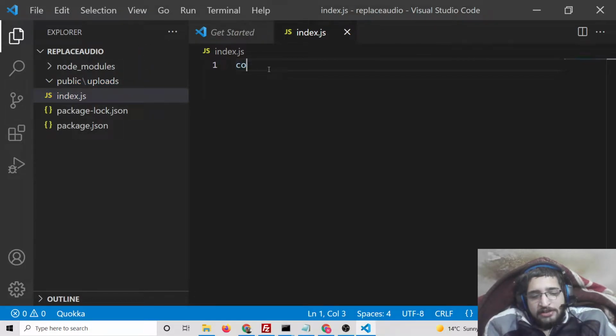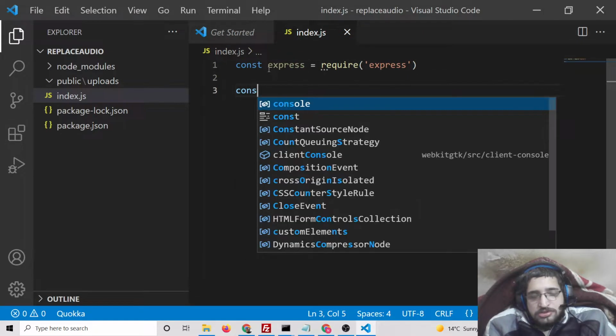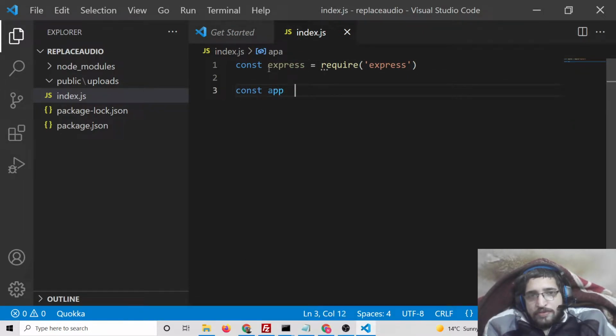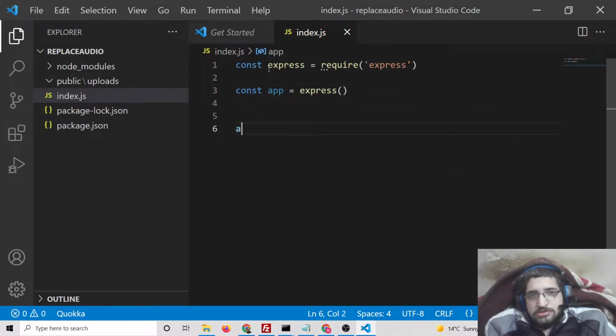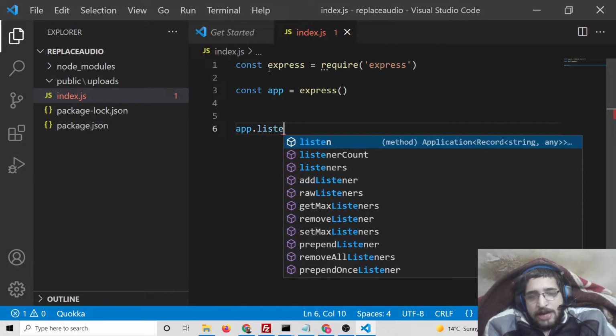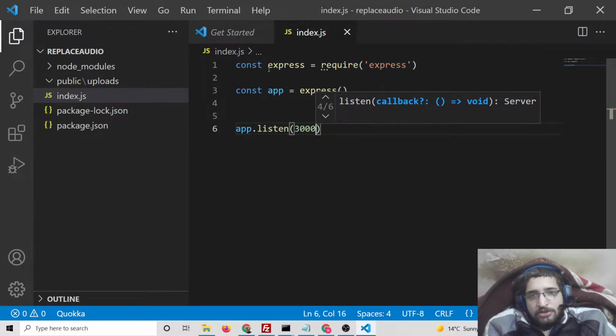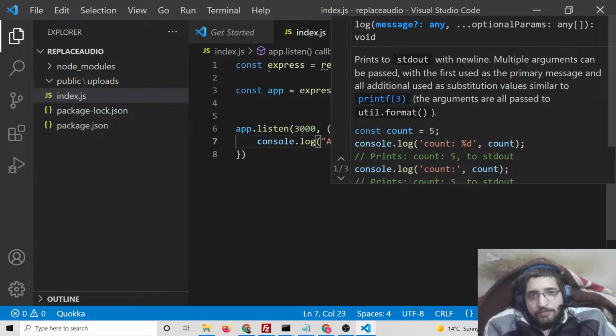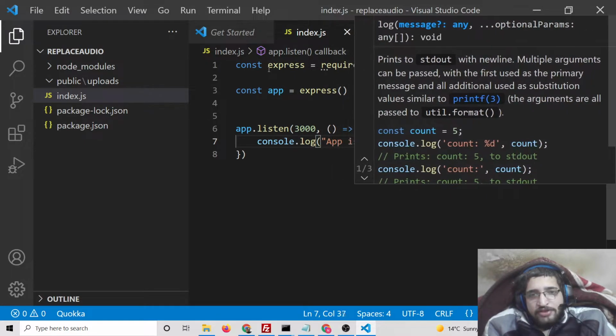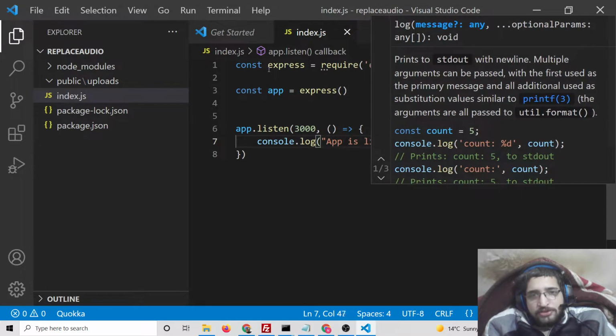So inside our index.js we need to require express, and app.listen, and we will be listening on port 3000. We will say app is listening on port 3000,